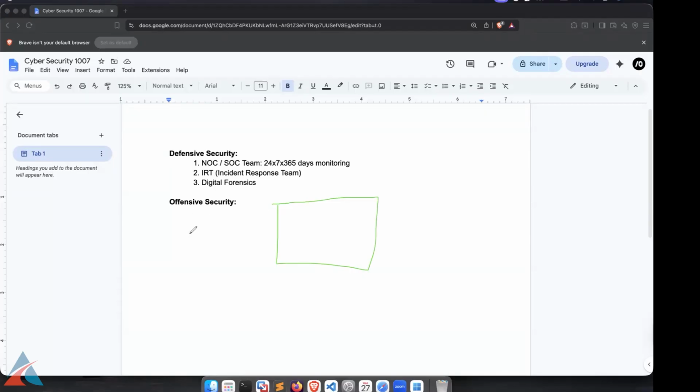But there, these people are hired, or they can be the internal team of the company itself. They will be asked to do a security assessment. They will ask the offensive security people to hack into this infrastructure ethically and reach the area where the most sensitive information is. Based on this, they will create a report, and those reports will be shared with the developers or the server team, and those vulnerabilities will be patched before a third party or a bad actor hacks the company. They will do the analysis and get these vulnerabilities fixed. So that is what offensive security people do. They do vulnerability assessment and penetration testing.